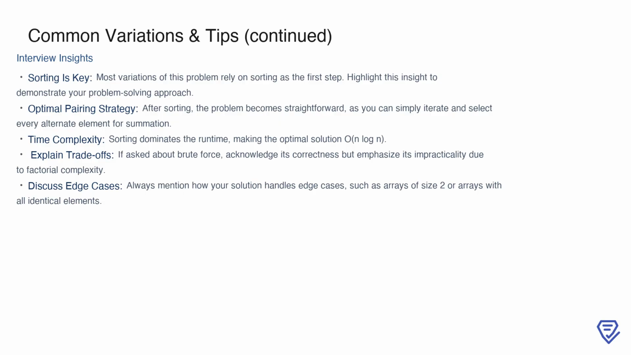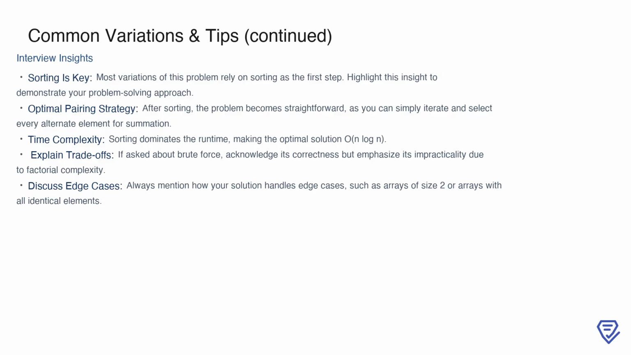For interviews, there are a few insights you should always highlight. Emphasize that sorting is the cornerstone of solving this problem and many of its variations. Once the array is sorted, the optimal pairing strategy becomes clear: simply sum every alternate element starting from the first. This approach ensures both correctness and efficiency, as the sorting step dominates the runtime, resulting in an overall complexity of O(n log n). Be prepared to explain trade-offs if asked about brute force, acknowledging its correctness but stressing its impracticality